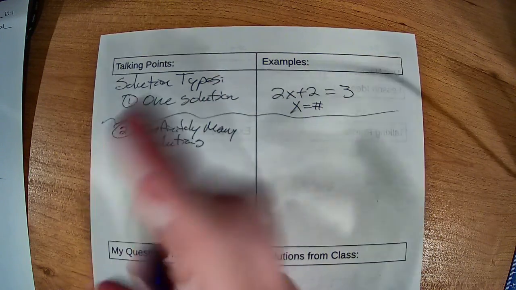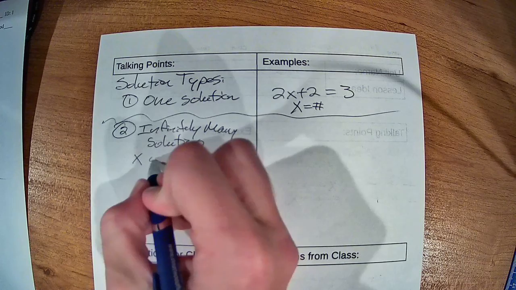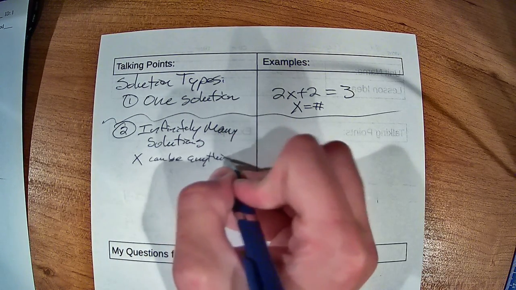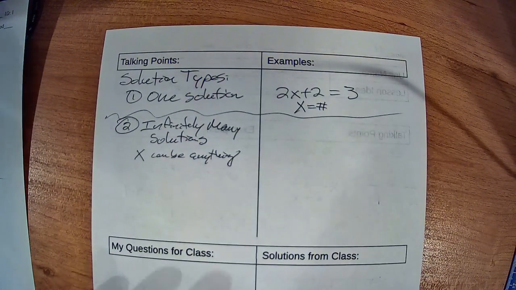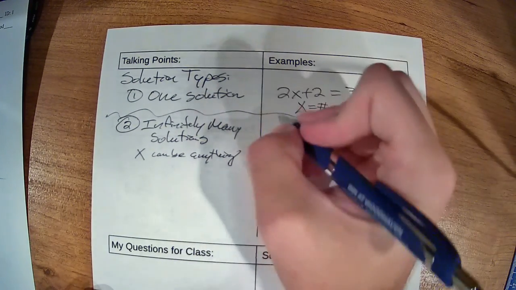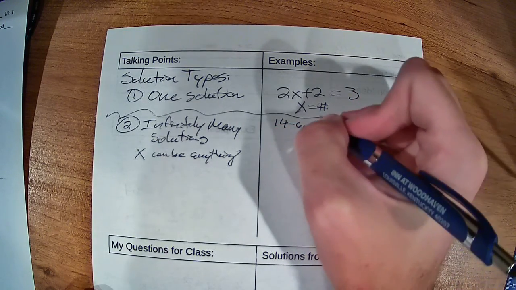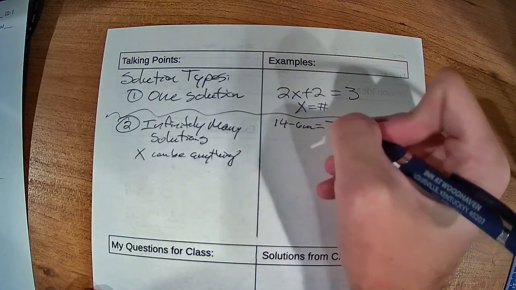In other words, it doesn't matter what x is. x can be anything. And here's how we spot that anything situation. So let's try one: 14 subtract 6m equals 7 parentheses,